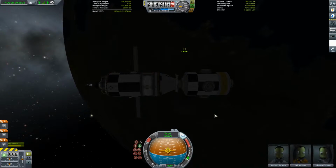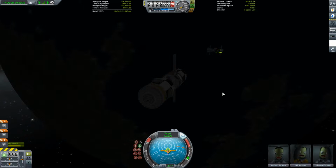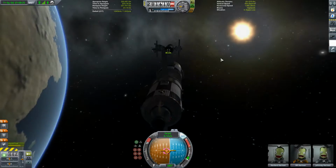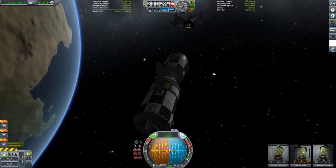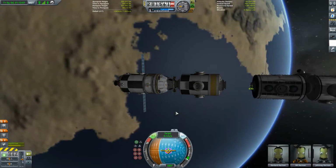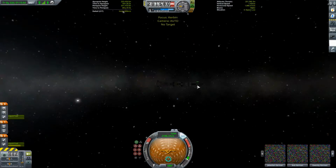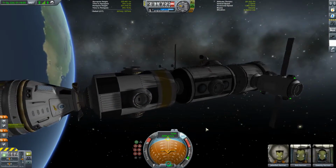It means we can use it as a staging post for later missions, just in case any missions require a bit of extra fuel, so we can make sure all the vehicles have full tanks before they go off and do whatever. Something I sometimes do in my saves. Normally there's a lot more fuel involved. I don't know if we'll upgrade this with more fuel tanks, but anyway, this whole thing is over as quickly